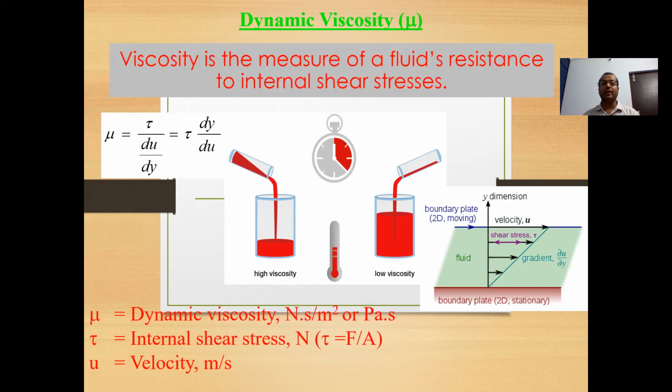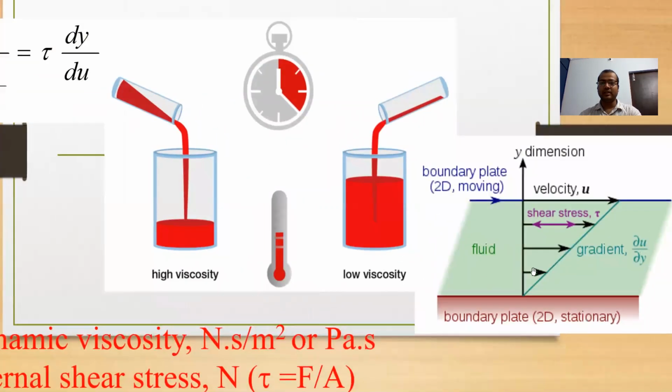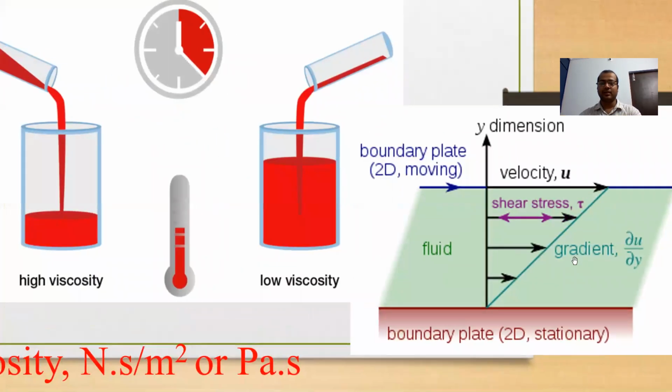But in the case of liquids, the case is converse. As we increase the temperature, viscosity reduces. For example, take the case of honey, which is a fluid. When we increase the temperature, the honey will start melting and it can easily flow. So resistance is reduced. Temperature plays a very crucial role in viscosity for liquids as well as gases. This is a diagram showing the variation of shear stress with respect to the velocity gradient du by dy.